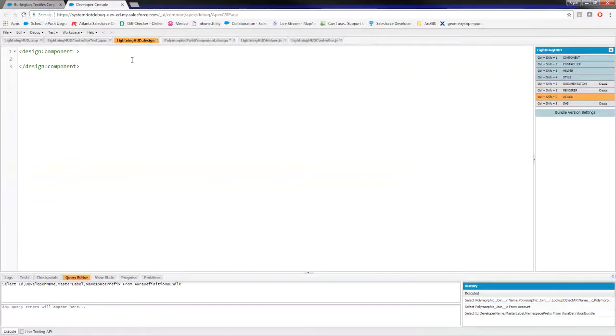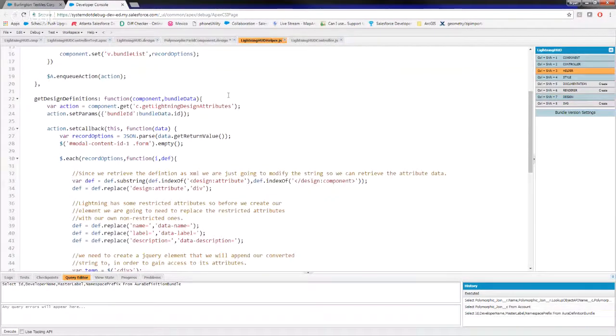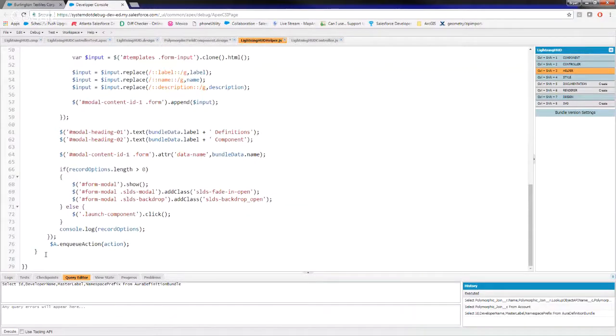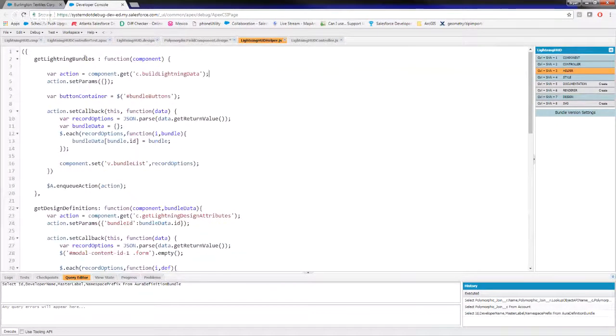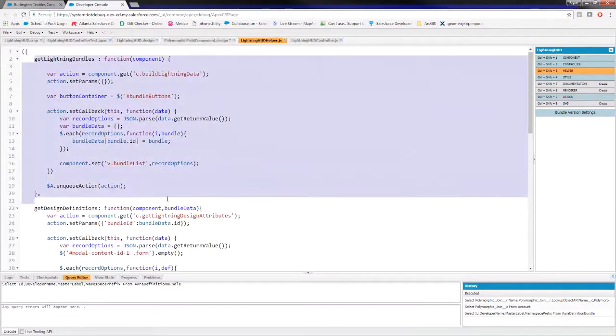You can't remove attributes that you've already created, which is standard Salesforce. And we're actually kind of thankful that it won't let you delete code that's being utilized. That's kind of a good thing. But aside from that, my helper.js is also a very light file, 79 lines of code. We're getting our actual Lightning bundles, which is querying all of our